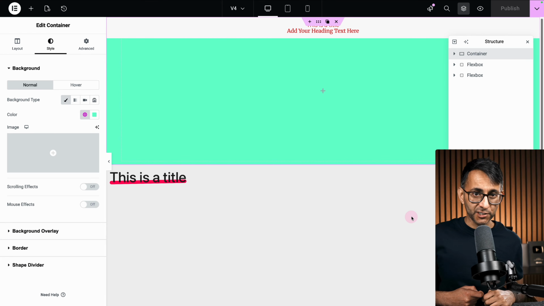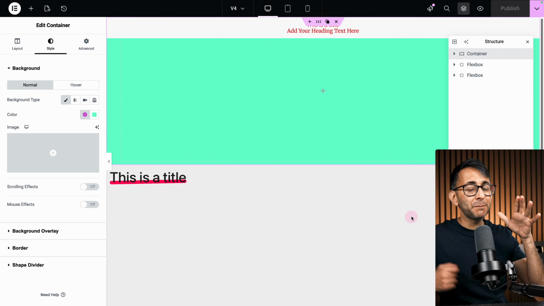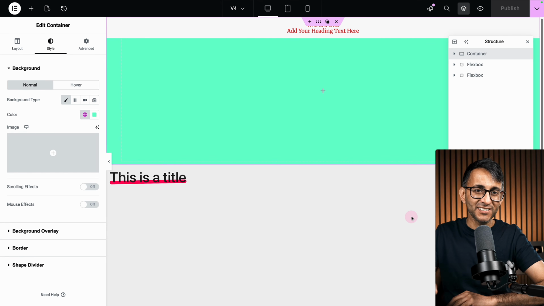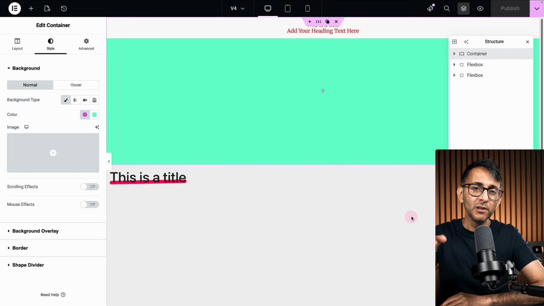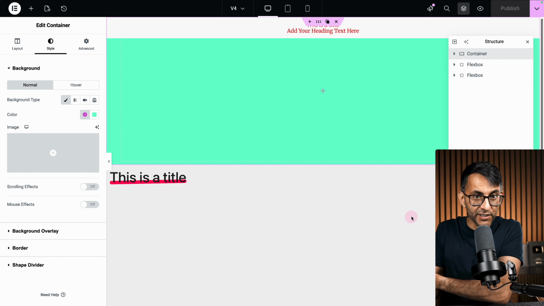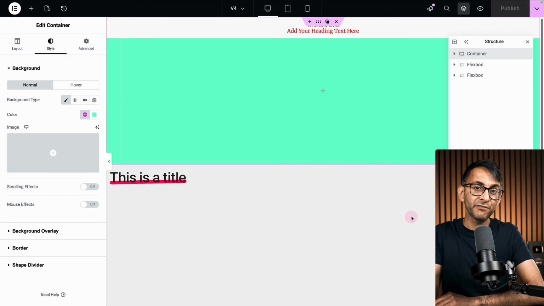Ever since Elementor version 4 came out, some people have had a bit of an issue with sticky headers. It was really simple in version 3, or pre-version 4, but now if you apply sticky to a header template, it doesn't actually stick. Let me clarify the problem. Let me show you what you get in version 3, what you can do in version 4 with a normal Flex container, and why you have to think a little bit differently when you come to do the header